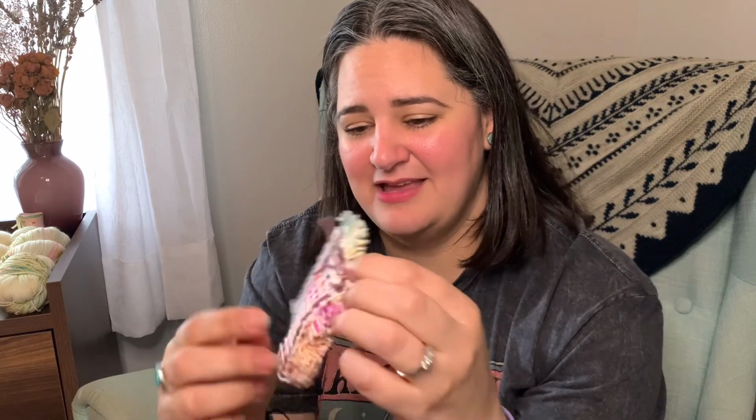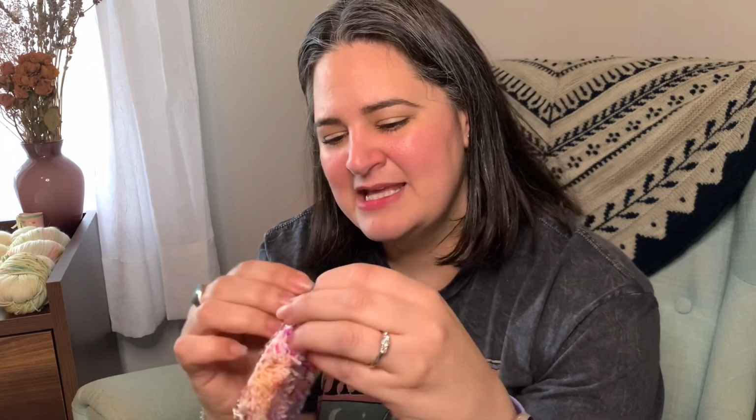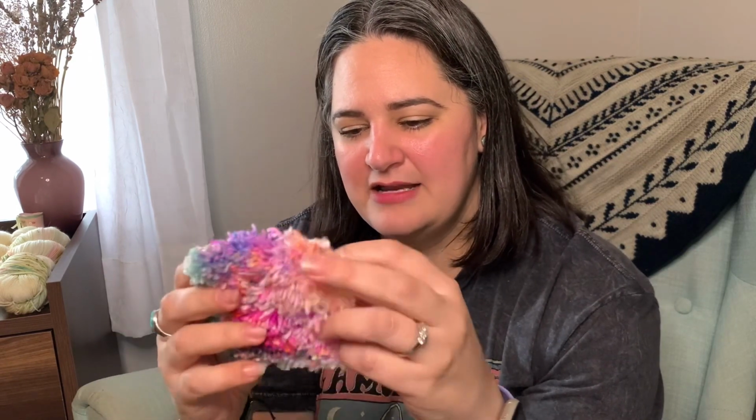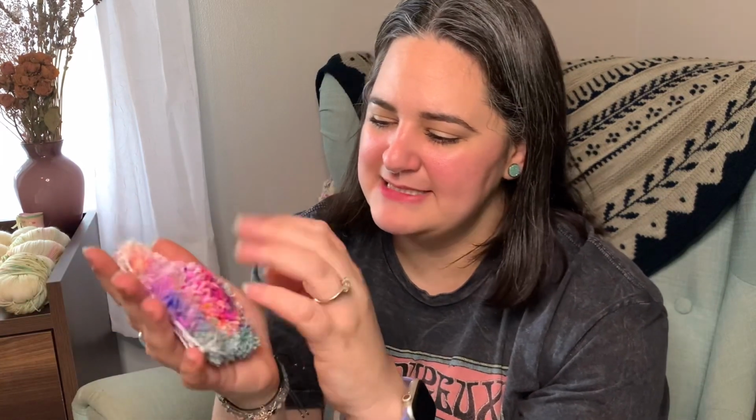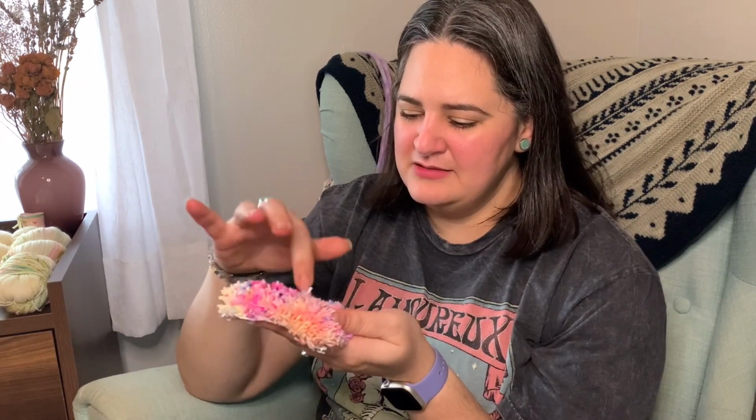And my finishing is definitely not the neatest here. I need to do something about that. But again, I just wanted to make myself a little coaster as a beginner project here. This is going to sit beside my bedside on my little end table. I have been using it and it's a little bit flat and deflated looking because I've been using it. I think I might have left it a little bit too long. I might need to trim it down a little bit more because when a cup sits on it,